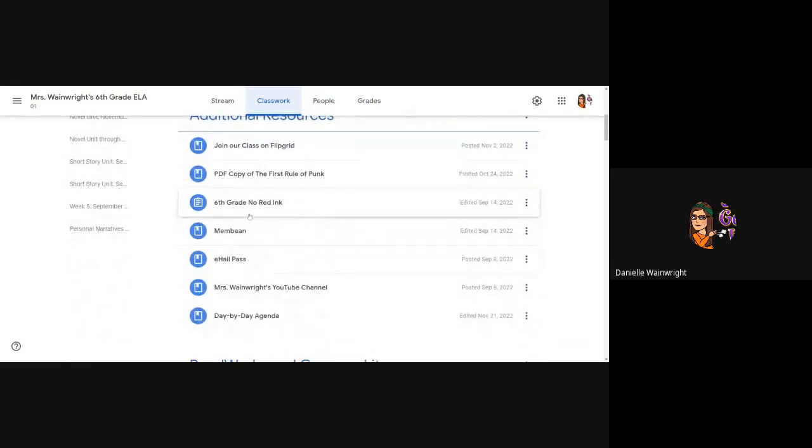Remember that under additional resources, there's Membean, eHall Pass, which you don't need at home, so I don't know why I'm mentioning that, my YouTube channel, and the day-by-day agenda. We're going to jump into the agenda in a second, but as you'll see, I've completely updated what it looks like and what I'm sharing in the agenda. And so it's much more thorough, much more